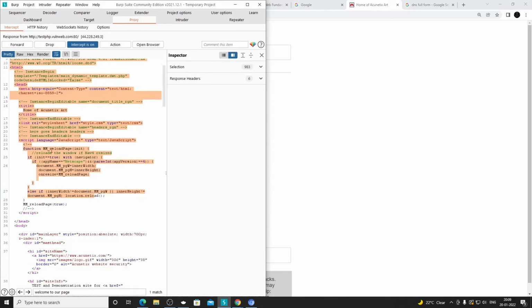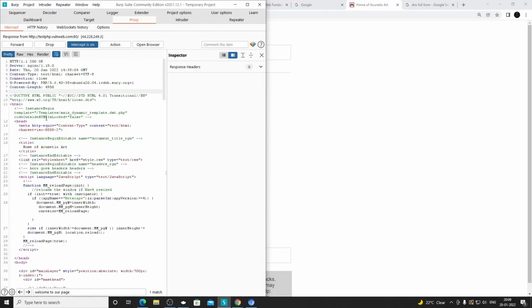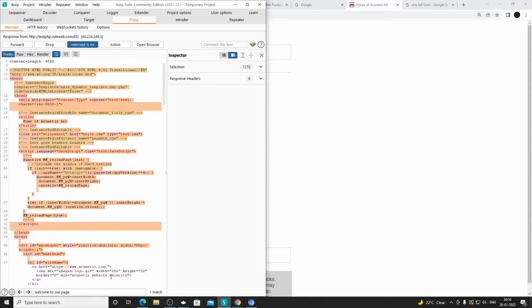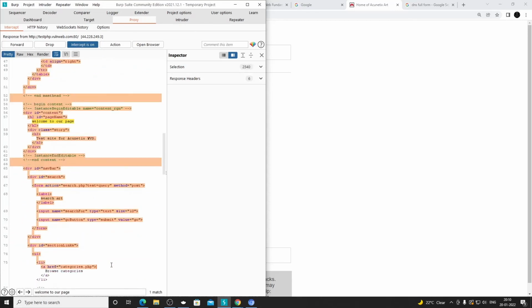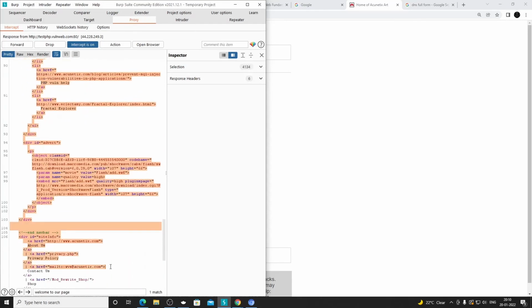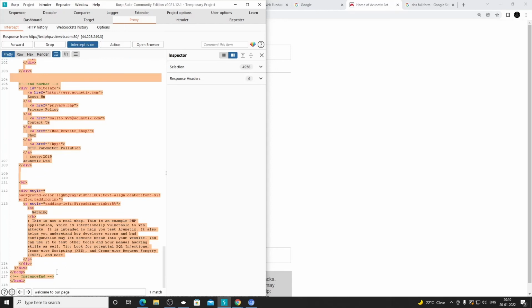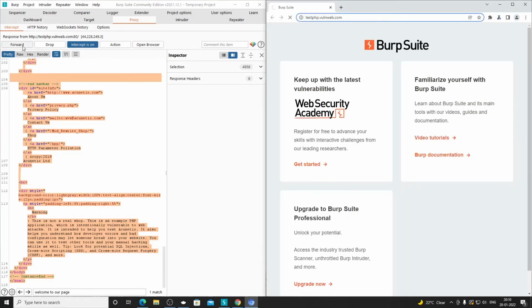Okay, I told you that after a break, the things that are sent or received, that is the request body and response body, will actually be rendered by the browser, everything that we have till the end. This whole HTML code will be rendered by the browser, and see what will happen. As soon as I forward it, the browser will render this whole content. It will show us the website.